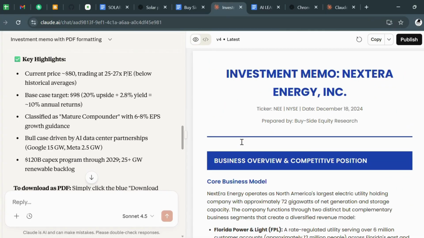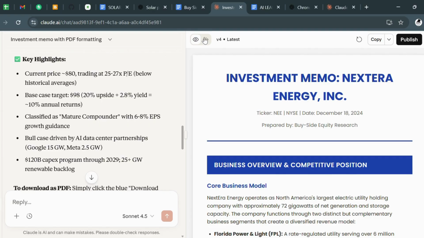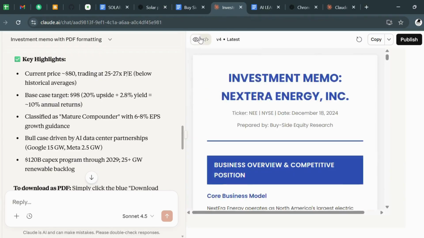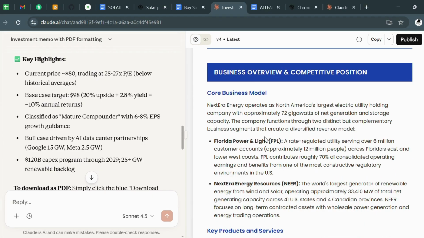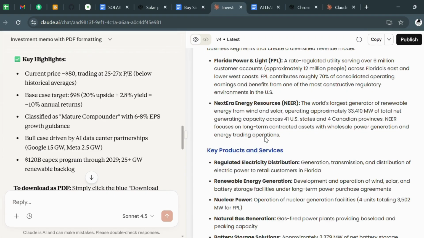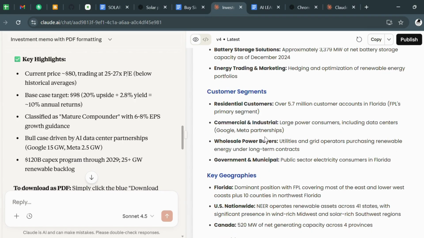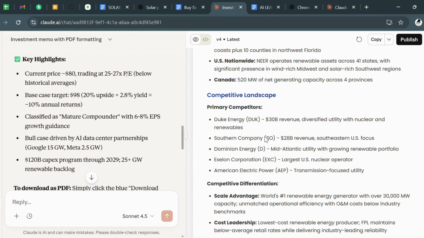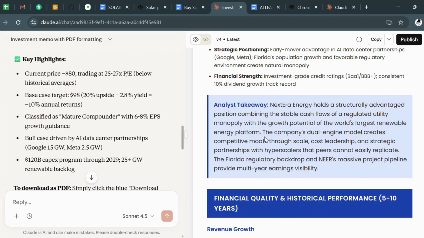This is the result. Investment memo, NextEra Energy Inc. The formatting could have been better. This could have come downside. You can go to this, and then you can change here too, if you know a little bit about coding. This is what they tell about business overview, key products and services, customer segments, key geography, competitive landscape. It has included everything